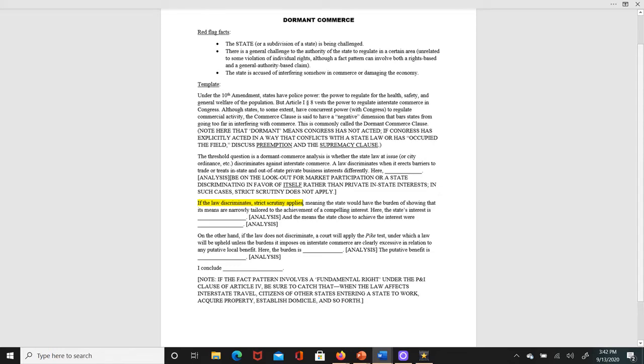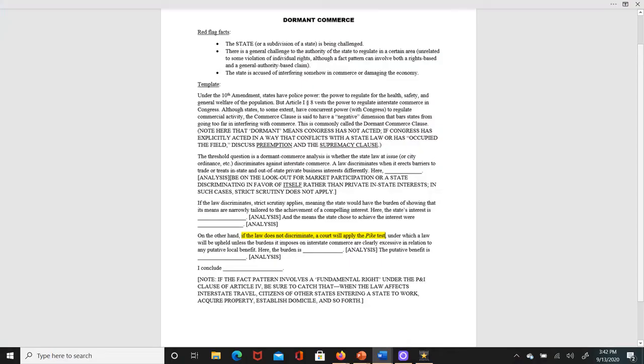Narrowly tailored, when you're doing that analysis, please use words like under-inclusive or over-inclusive. That's what you're looking for, because if a law is under-inclusive or over-inclusive or over-broad or sweeps too broadly generally, that's the definition of not being narrowly tailored. And you remember save the children, right? When you're looking for a compelling interest, it doesn't literally have to be save the children, but compelling interests are generally thought to be those involving health and safety of the population.